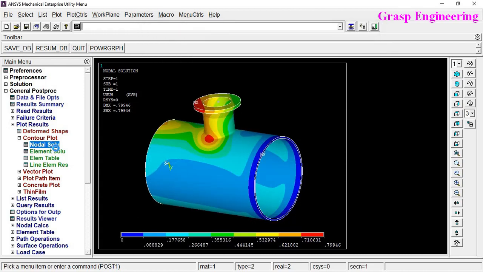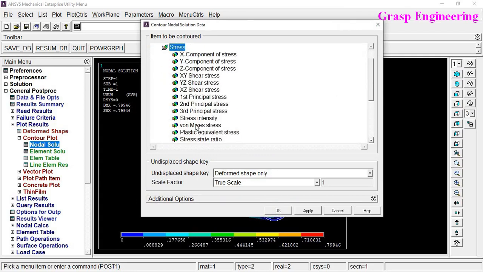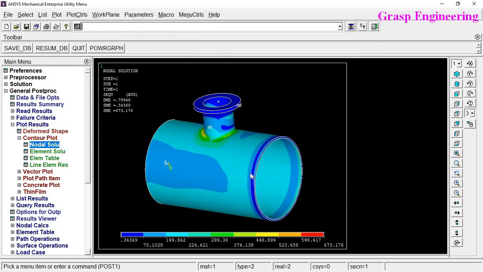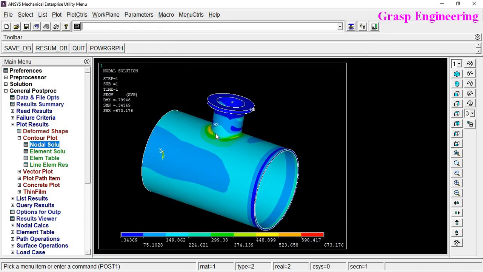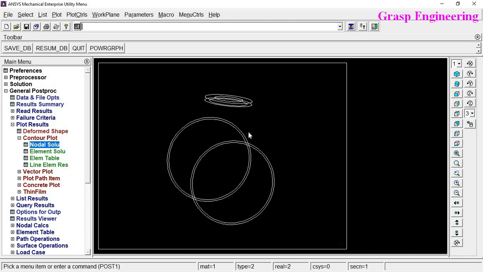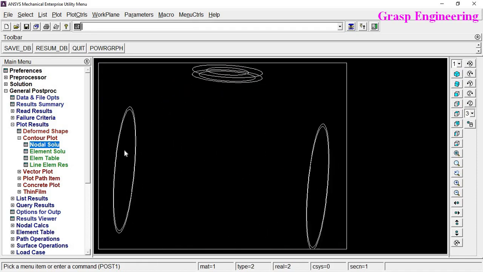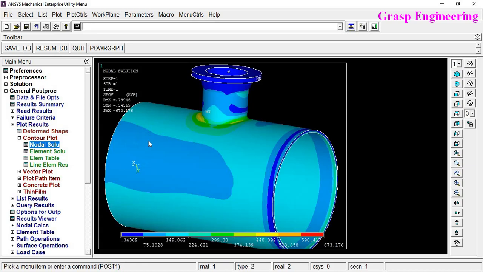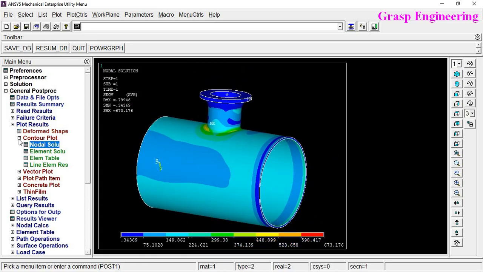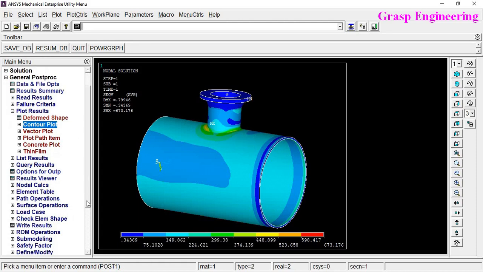Okay, now let's check the stress values. So stresses, von Mises stress. Okay, now you can say that maximum stresses are developed at the junctions as expected, and it is up to 673 megapascal. So you just refer to our another video, that is how we created a stress linearization with the help of stress line classification. So you just need to refer to that video to extract the stresses, membrane and bending across the thickness.